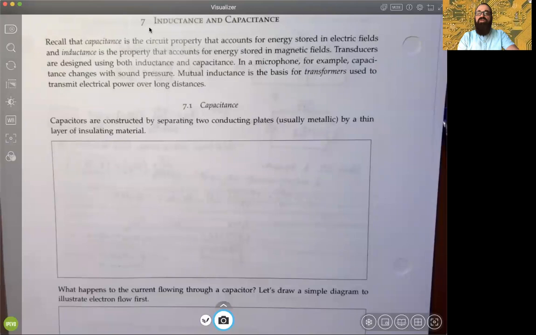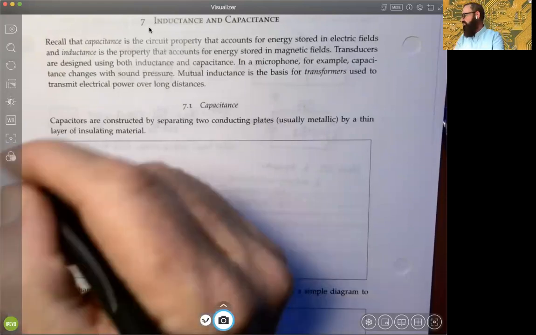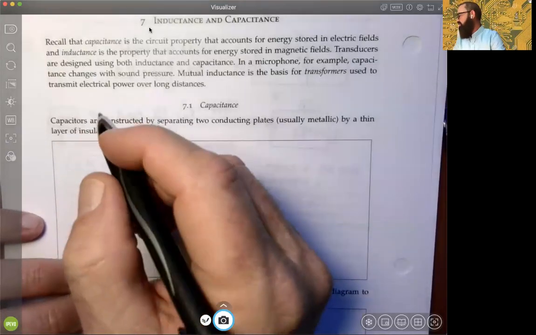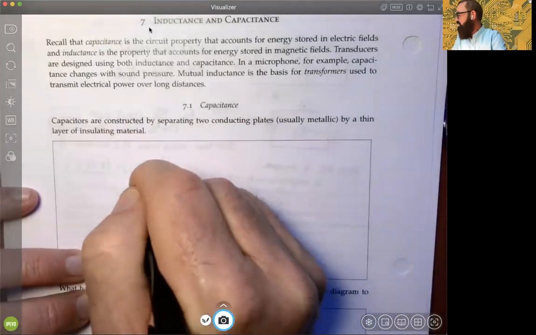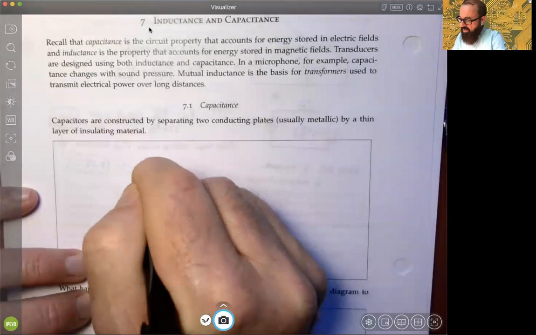Basically, they consist of the separation of two conducting plates. Usually they're metallic, and they're separated by a thin layer of insulating material, right? So we'll just sketch one, just a very simple design of what a capacitor, or capacitance, we'll say, looks like. So we have two conducting plates. So I'll draw one plate here,